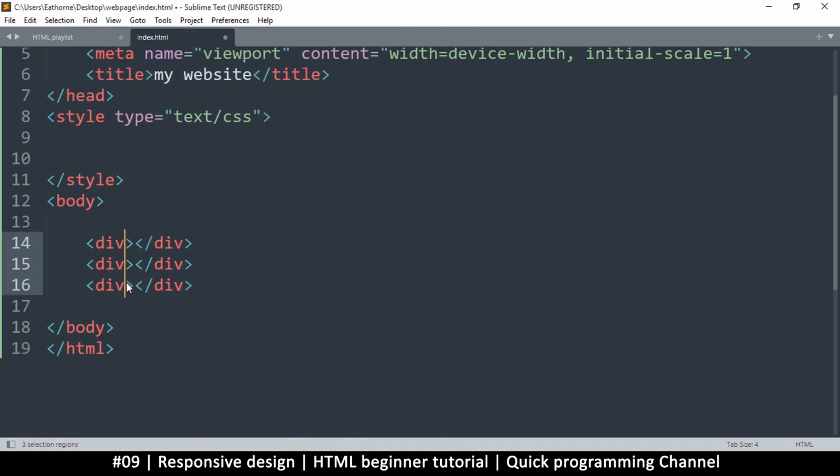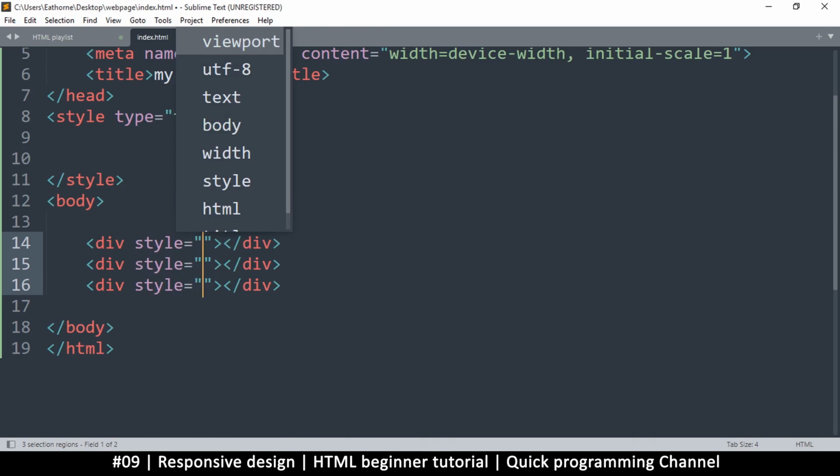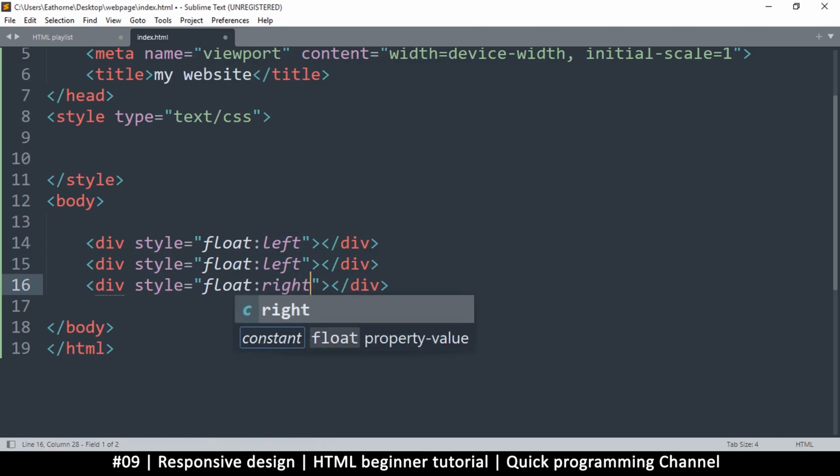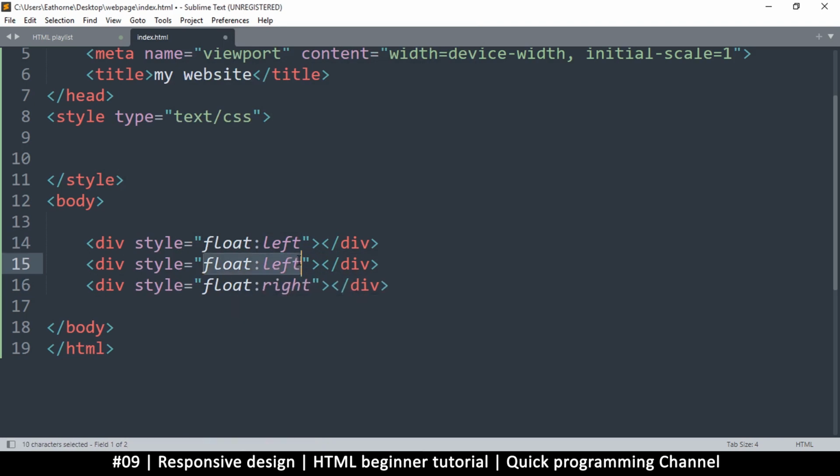So I will put styles on these guys. So let me put a style on this one. Let's have one float to the left. We're going to use floats. So one will float to the left, one will float to the right, but the other one will not float at all. And for us to be able to see them, let's put some other styles like